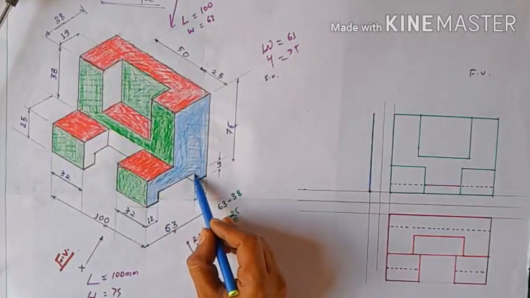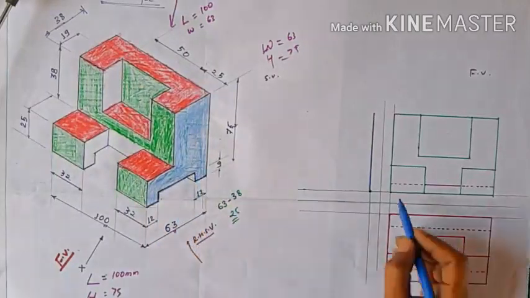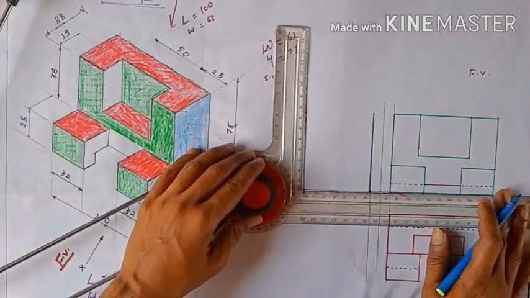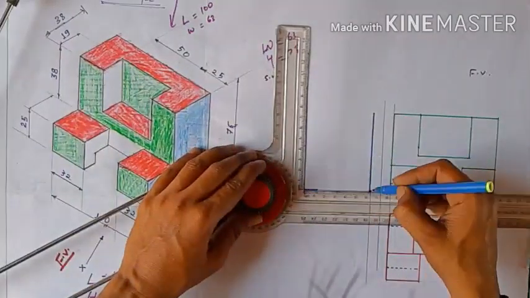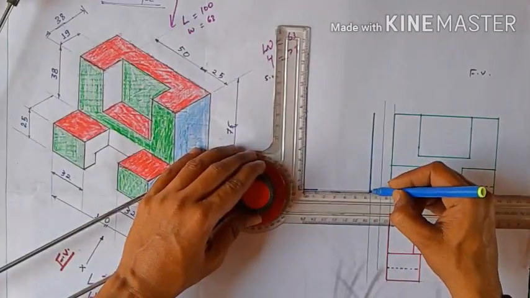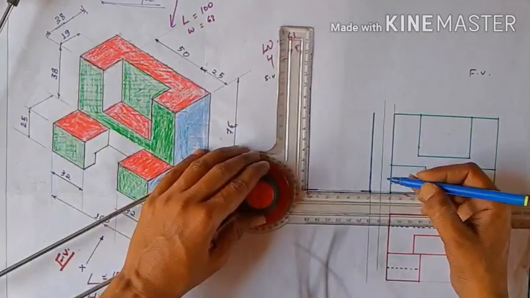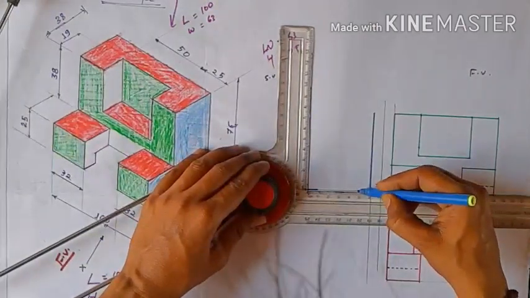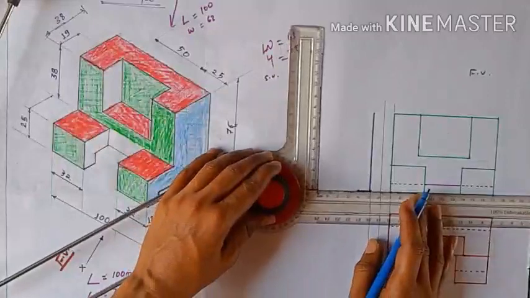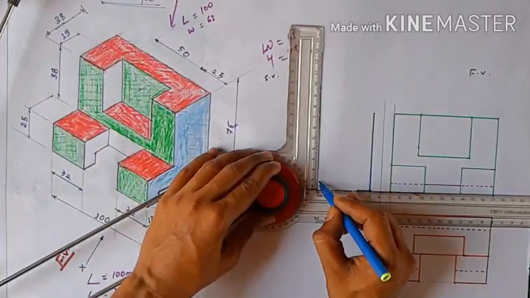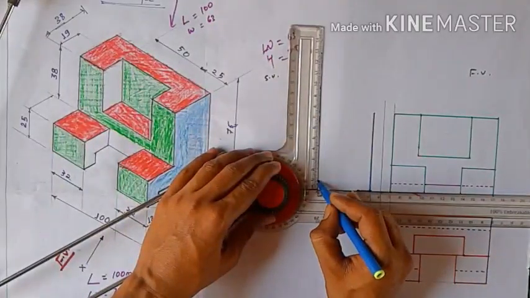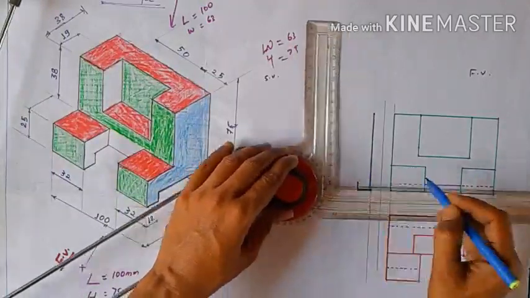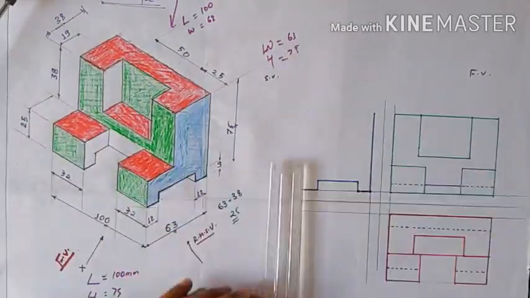This is a 12 mm line, this is a 12 mm line, and the minimum height is 9 mm. So you just draw this. From here we draw 12 mm, and here again 12 mm. Now what is the minimum height? This is 9 mm upwards, and again it is 9 mm. So make it like this.